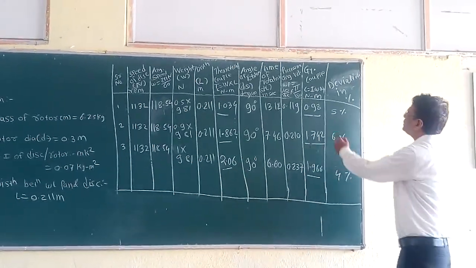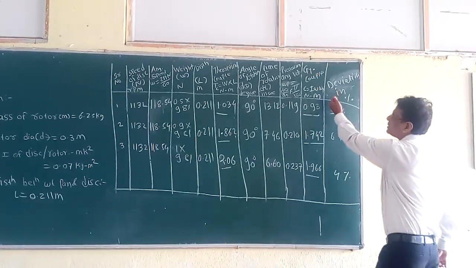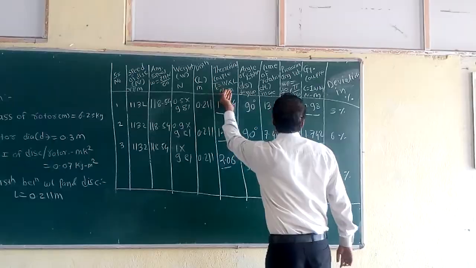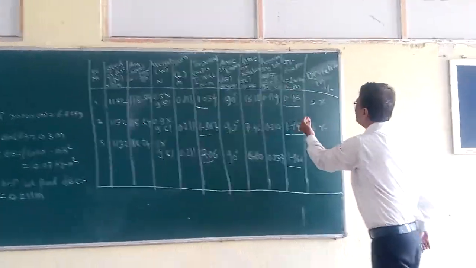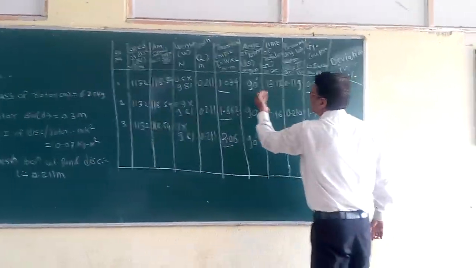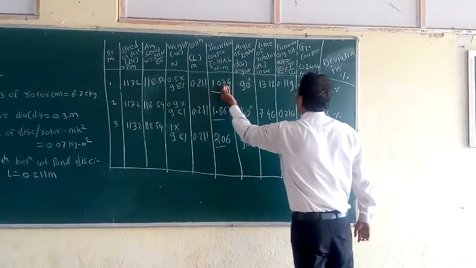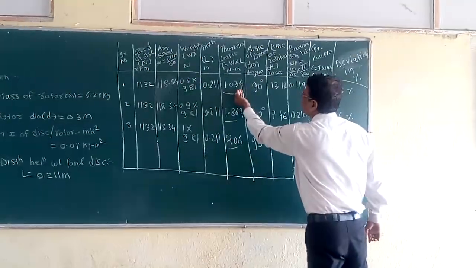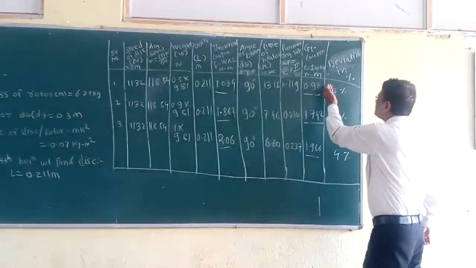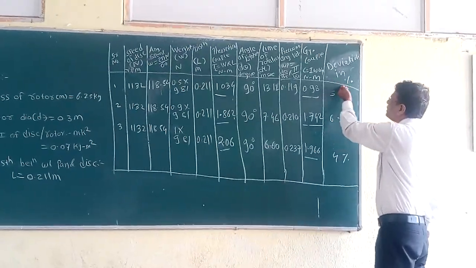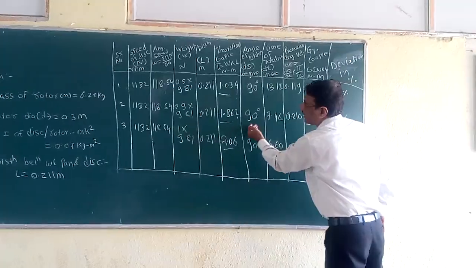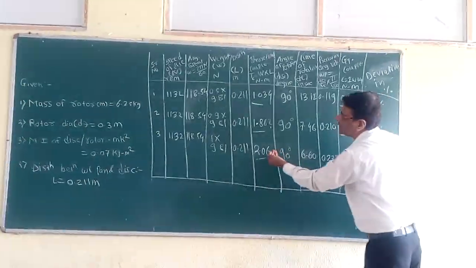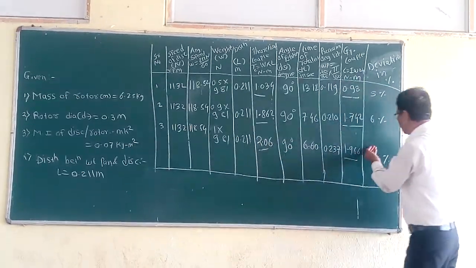Now we have here the percentage of deviation between this theoretical couple or active gyroscopic couple and the reactive gyroscopic couple. So that we have found out. It is nothing but 1.034 minus 0.98 divided by 1.034. So it is 5%. The percentage of deviation is 5%. In the second case, it is observed to be 6%, and in third case, it is observed to be 4%.